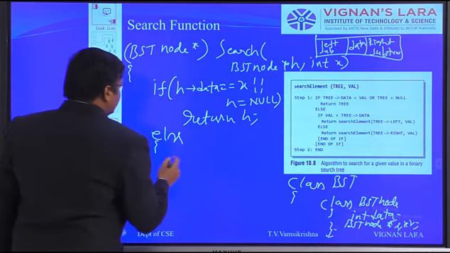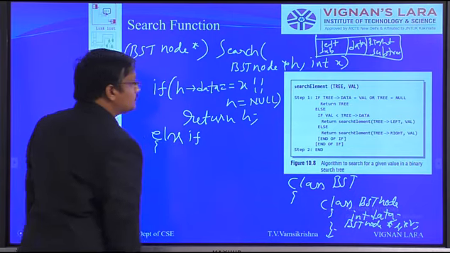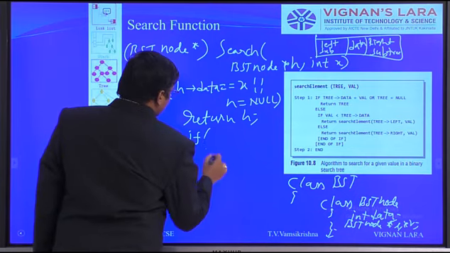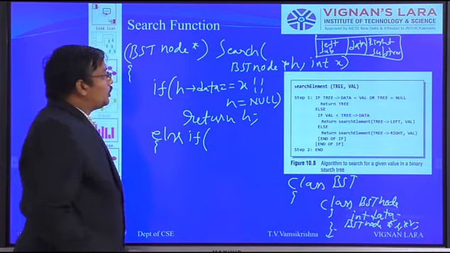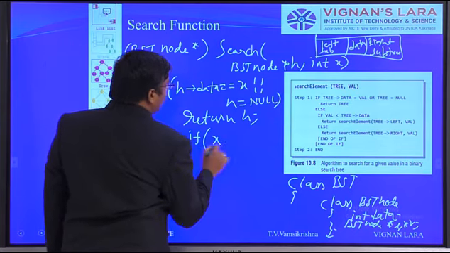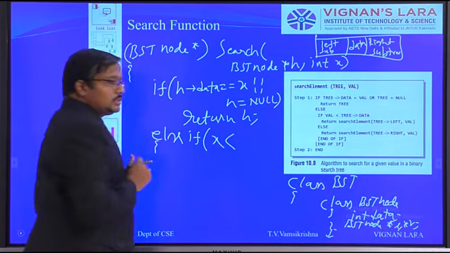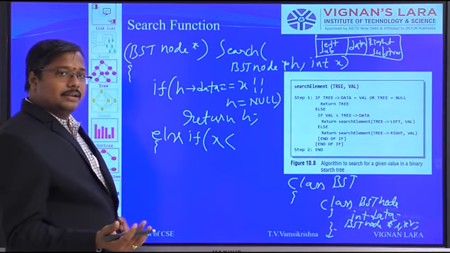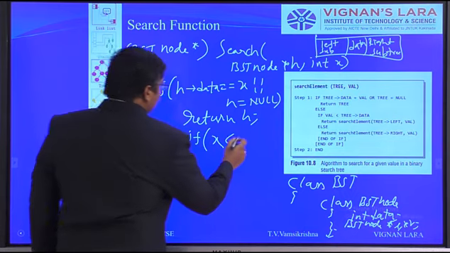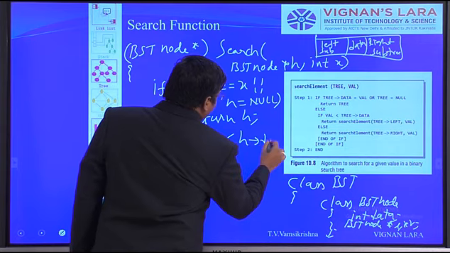Next, else if, what is the condition? We need to check whether the element is lesser or greater. The root element here is H of data.